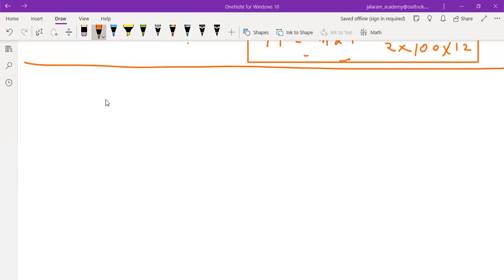Some students have doubts about the meaning of equivalent principal. What is the meaning? So think about the term. If you deposit rupees X initially for n months, you will get interest on this for n months. So what will be the interest on rupees X for n months? But at the same time, when you deposit the second installment, again rupees X, then how many months will this sum remain deposited?